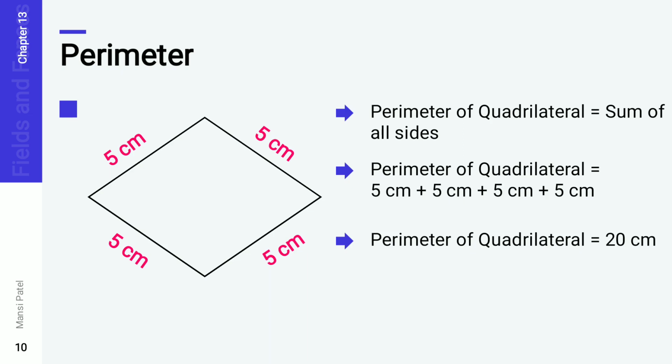If you want to use the formula to find out the perimeter of the square, then you can use it. What is the formula to find out the perimeter of a square? Yes, that is 4 multiplied by side. So do the multiplication. 4 multiplied by 5. What is the measurement of one side? 5 centimeter. So 4 5s are 20 centimeter. That is the answer.